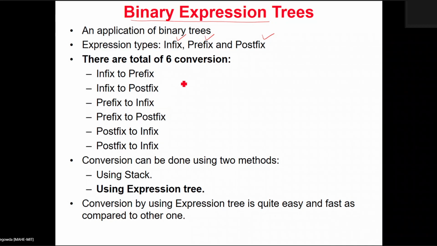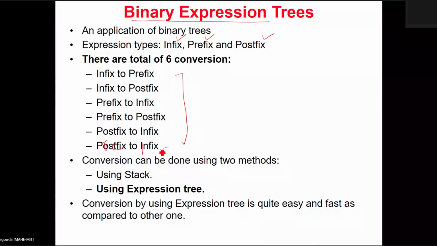So totally we can have 6 different types of conversions. If you are given an infix expression, it can be converted to prefix. Similarly, infix to postfix, prefix to infix, prefix to postfix, postfix to infix, and postfix to prefix.